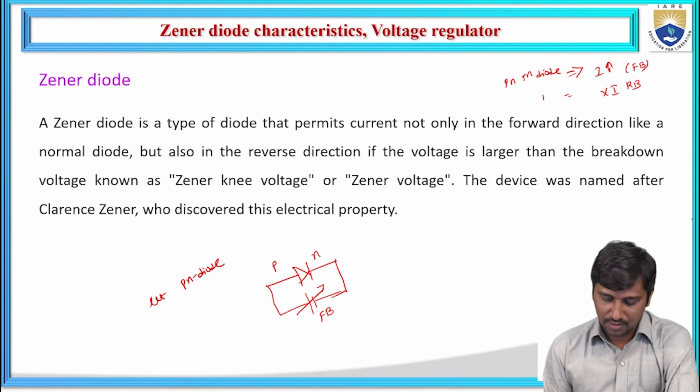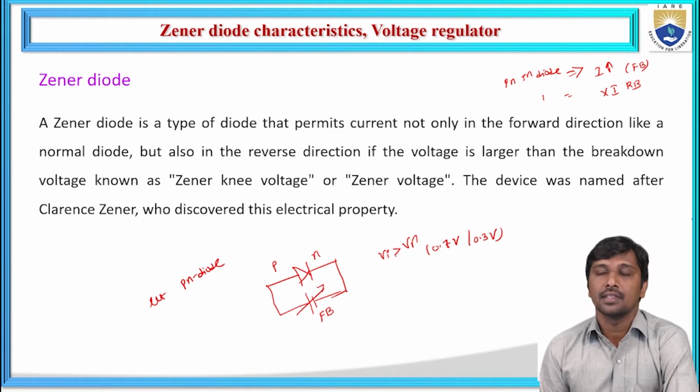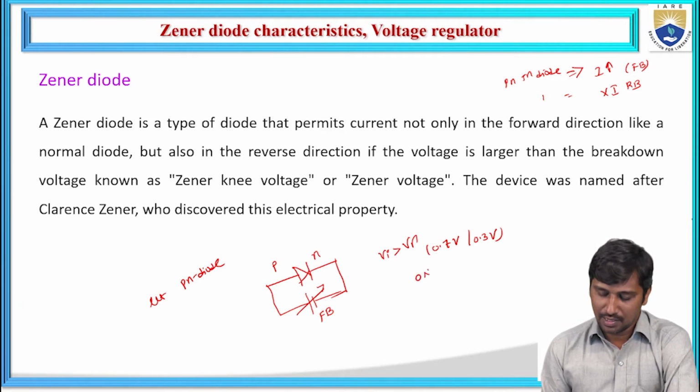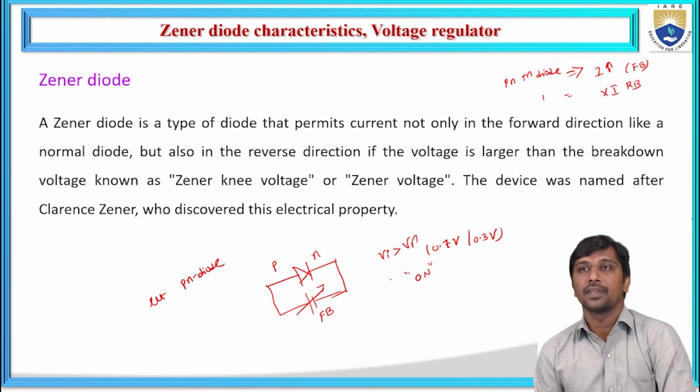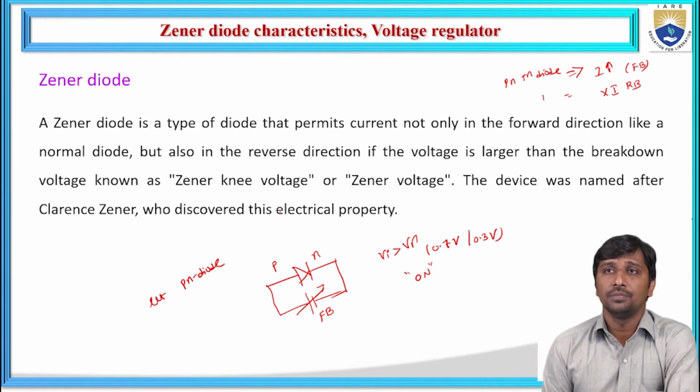Let us consider that I am applying forward bias. We know that if you want to make the diode conduct, your input voltage must be greater than the cut-in voltage, which is either 0.7 volts or 0.3 volts. Only then does the diode enter the conduction state, which is represented as the on state. Similar to that, in this case also,